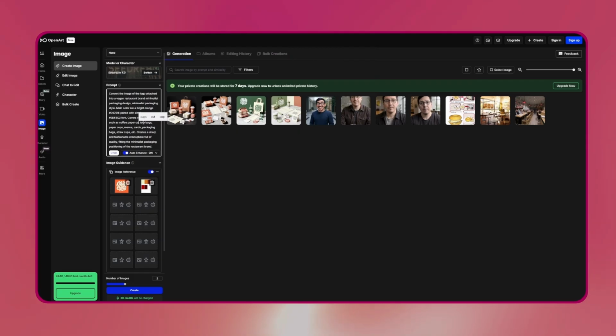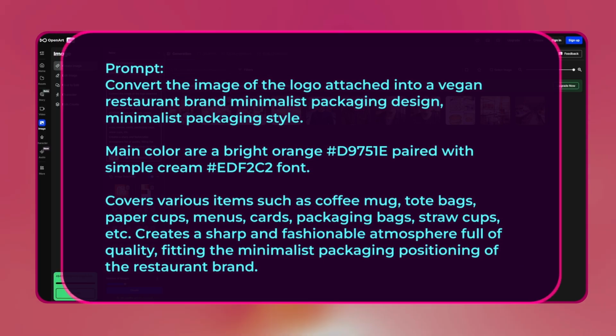In this case, we're going to use another prompt, but we're going to specify exactly the colors we want to use in our final image, so it's more consistent with brand management. For this case, we begin our prompt saying to convert this attached logo image. It's basically very similar to the other prompt, where we tell it it's a vegan minimalist restaurant, the same thing. But here in this part, we're going to say the main color should be a vibrant orange color, and here we put the exact value of our orange, which is this 9755IE number, and the other cream color, which is this other EDF2C2 number, so it generates the visuals with those